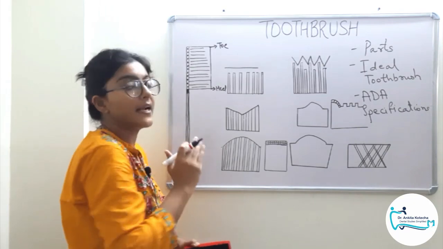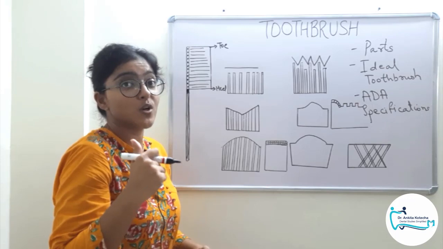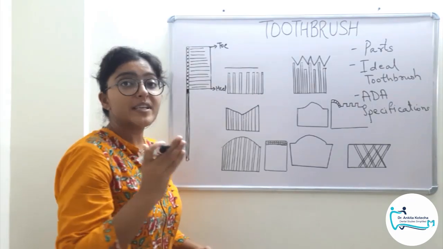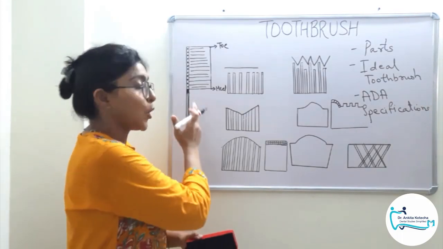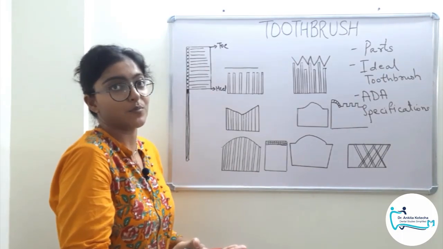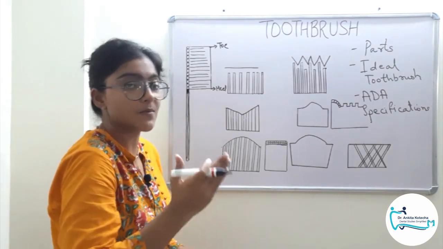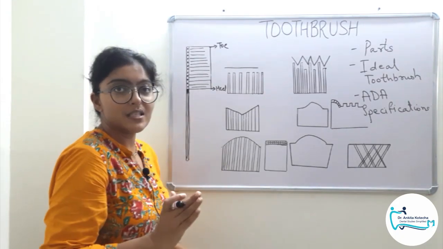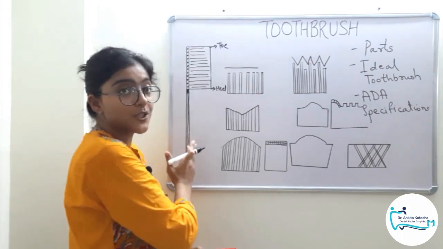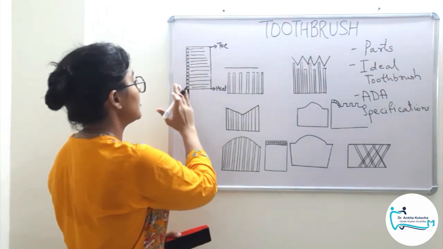And the handle is the longest portion of the toothbrush which is used for grasp, and grasp is one of the most important considerations to be taken into account for proper toothbrushing. We will discuss that in our next video when I discuss the guidelines for proper toothbrushing. Grasp. So handle is the portion of toothbrush which is involved in grasp. That means it must be non-slippery, it should have a firm and comfortable grip, it should be lightweight and strong at the same time. So these are the parts of the toothbrush: head, shank, handle.